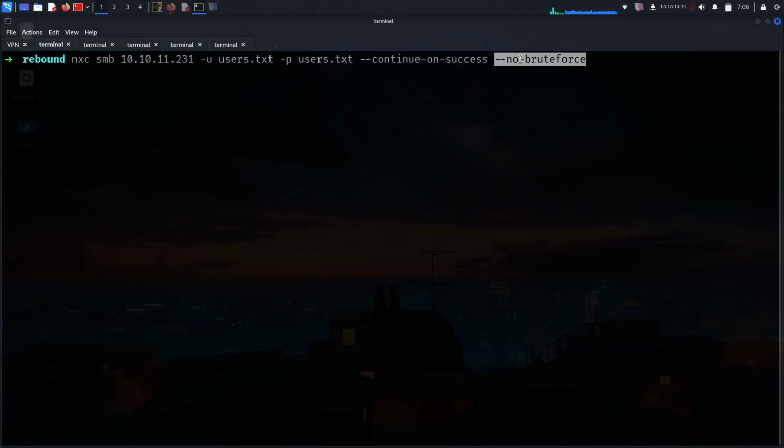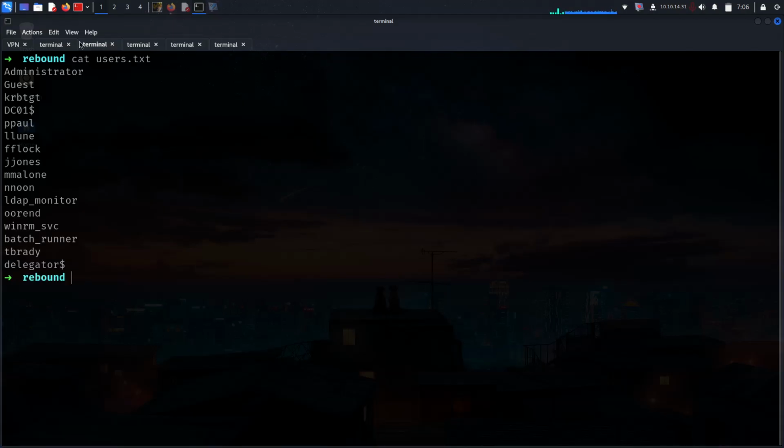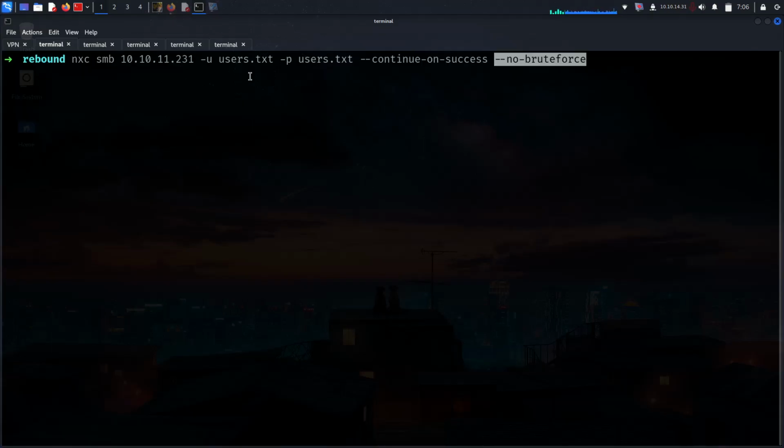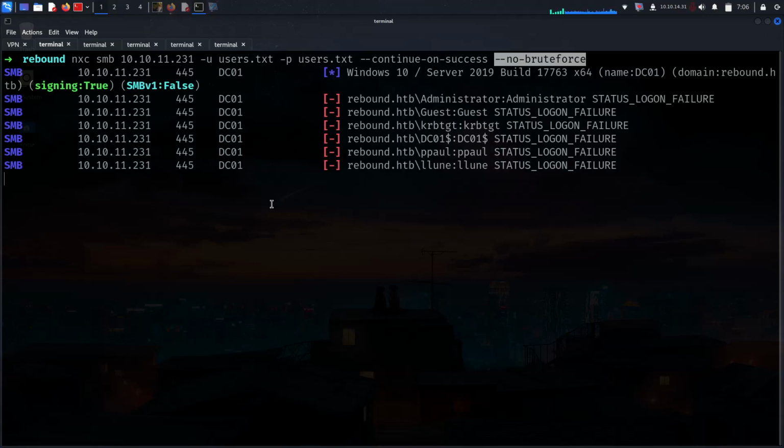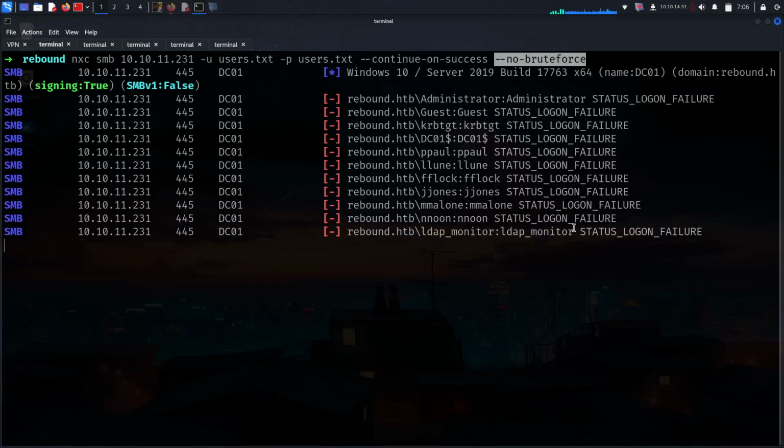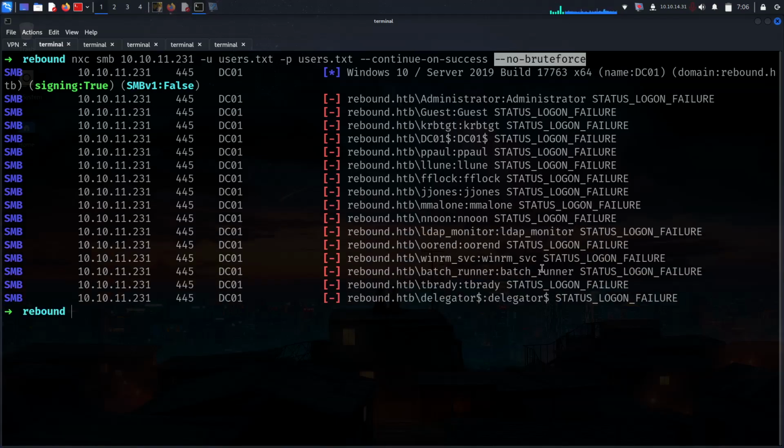If we give no brute force, for example, let me show you cat user.txt. It will just try administrator and administrator, so it will not try a guessed password for administrator. I just want to look for whether some users are using their username as password. So let me just run it and look quickly. It seems like there is no user we are able to grab using their username as password, and nothing